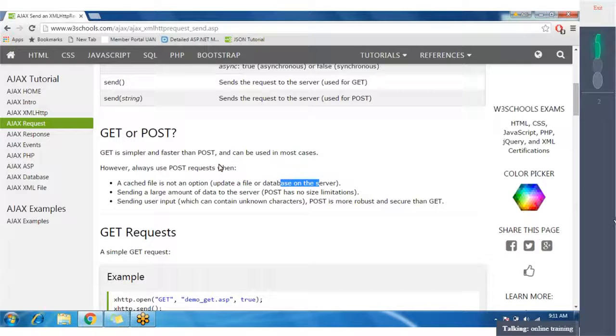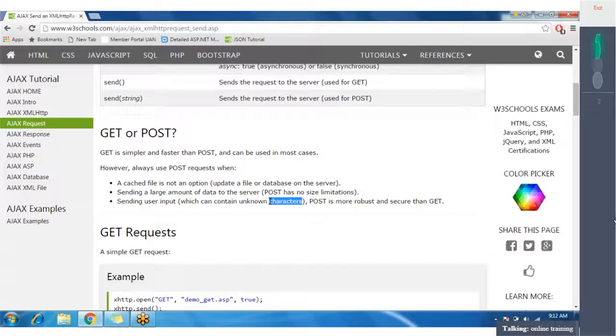We cannot pass that with the help of get because get uses the query string to pass the data, so the maximum is around 243 characters. Also, when sending user input which can contain unknown characters, for example from a text box or some controls, if the user enters special characters such as an ampersand, your URL will be broken.